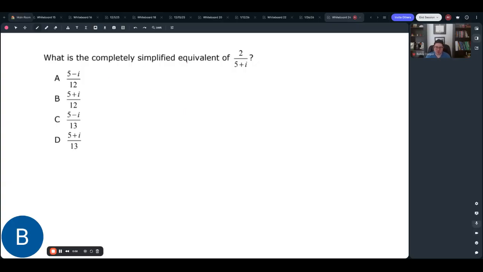What is the completely simplified equivalent of 2 divided by 5 plus i? So initially you might be kind of confused by this question because this already looks pretty simplified. There's not any immediate things that we can cancel, for example. But what they mean by simplifying here is rewriting it in such a way that we don't have an